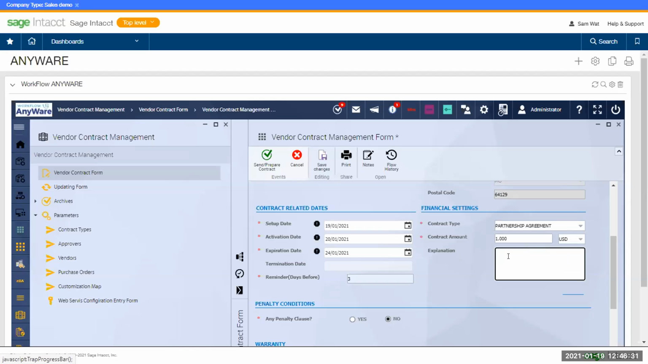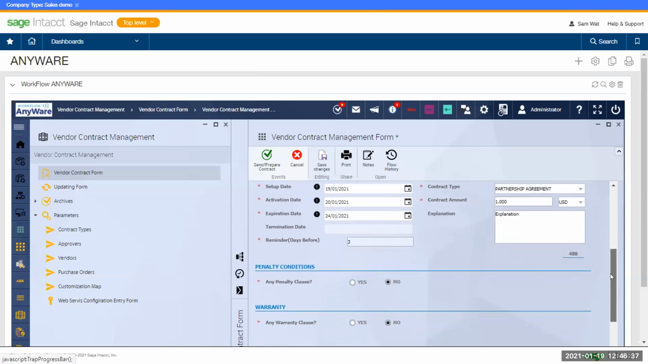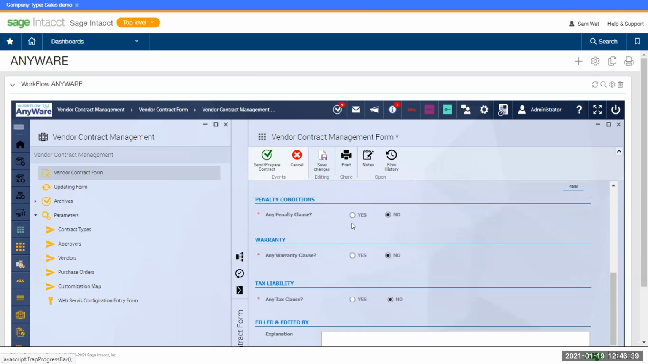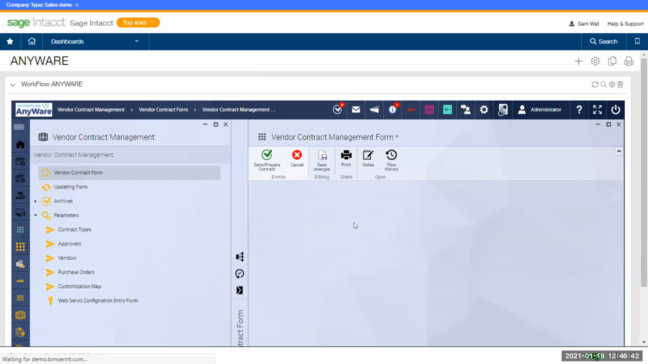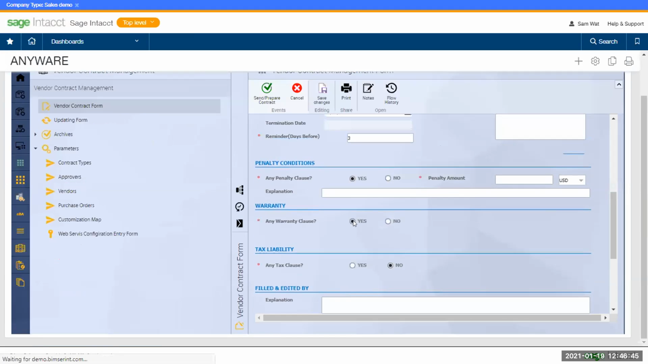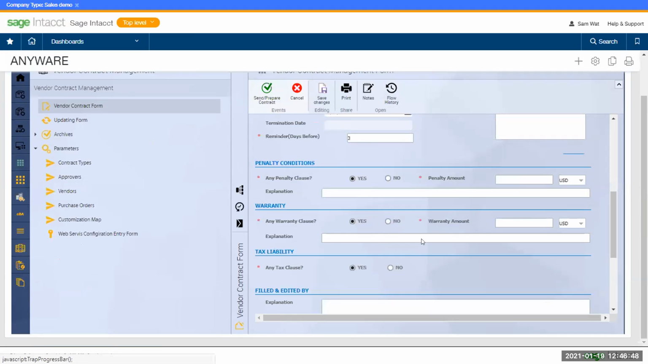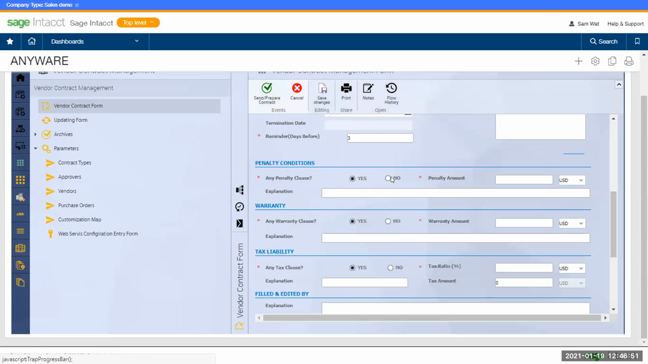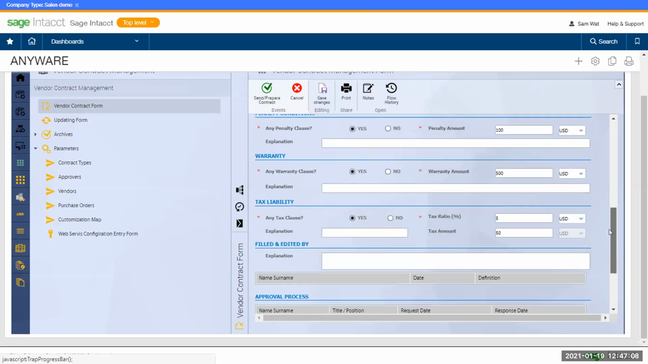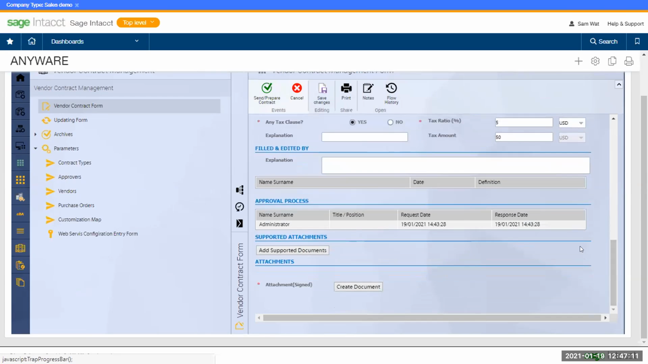There's always an open text box that allows you to enter any supporting information for this particular request. And if any penalty, warranty, or tax liability is involved in your contract, you can click the button as yes, and then enter, for example, the penalty amount and also the warranty amount. And as for the tax, we can enter the percentage here, and all the calculation will be done by the system automatically. Again, it helps you minimize all the human error that might occur while you are